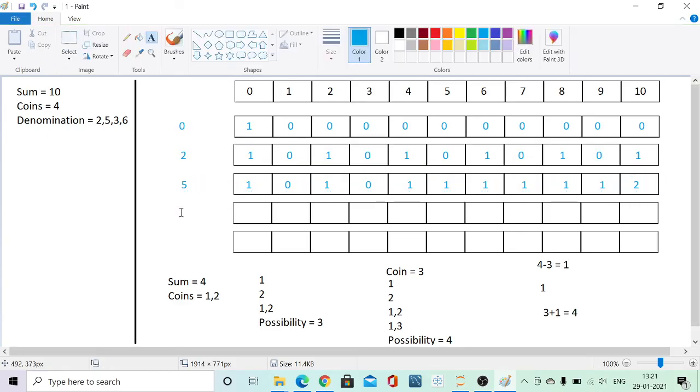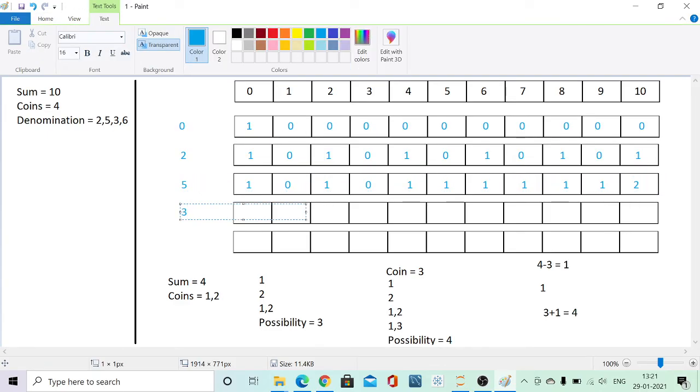Now if we add the next denomination, which is 3. So now we very well know that it will not be adding any possibility to any sum which is less than 3. That is, the possibilities for 0, 1 and 2 remain same, that is 1, 0 and 1. Now to reach 3, if I can reach up to 0, I can take a jump. So 1 plus 0 will become 1.